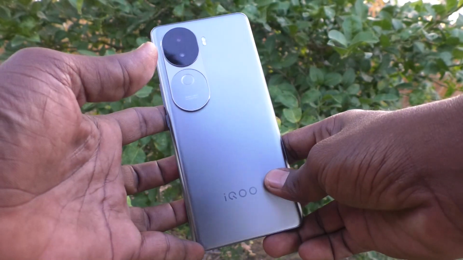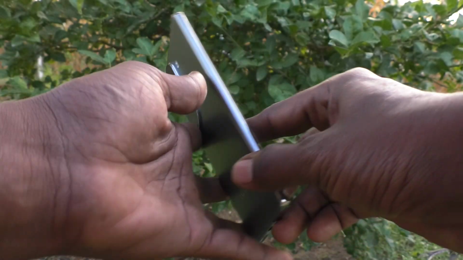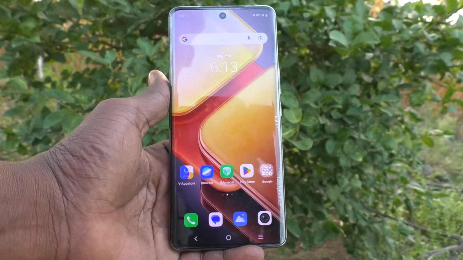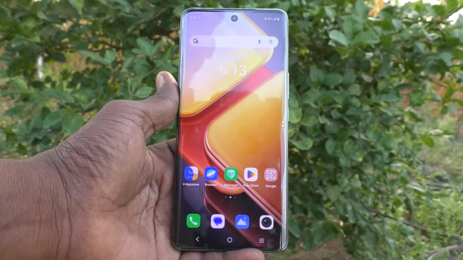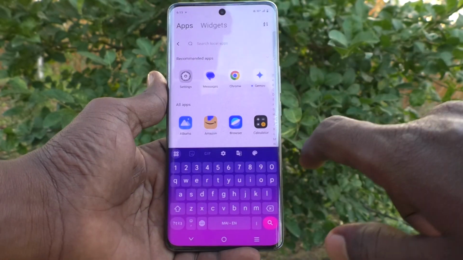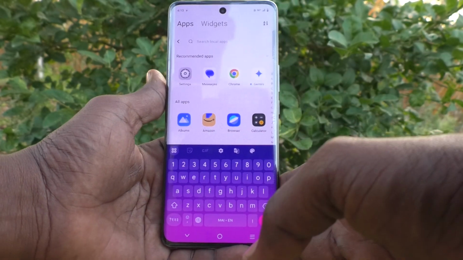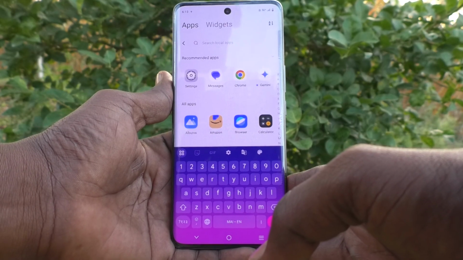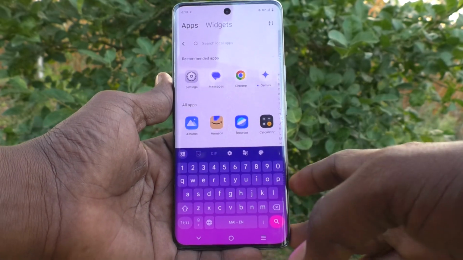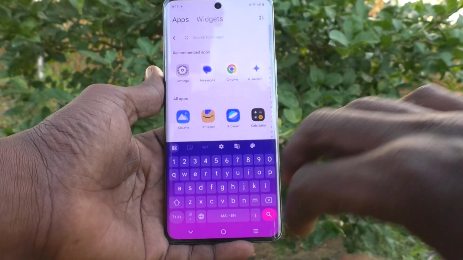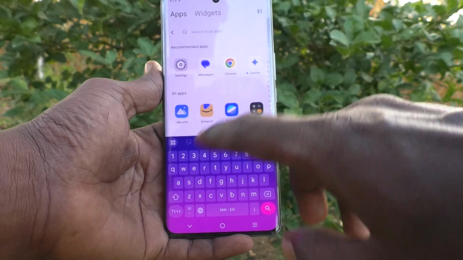Here is iQOO Z9s 5G smartphone. In this video, you will learn how to customize clipboard for keyboard in your phone iQOO Z9s 5G. See, go to the typing interface. This is the keyboard. If you would like to get some customization of clipboard, what you have copied previously will be given as a suggestion in the keyboard when